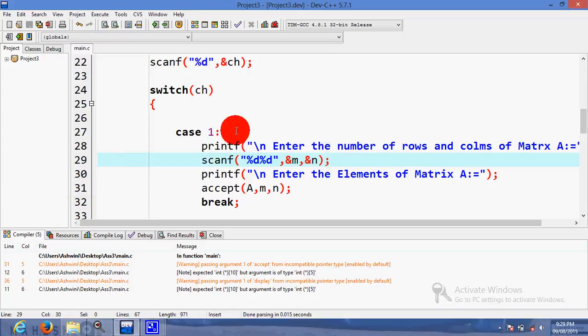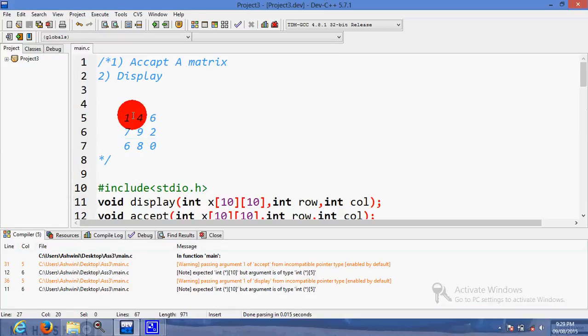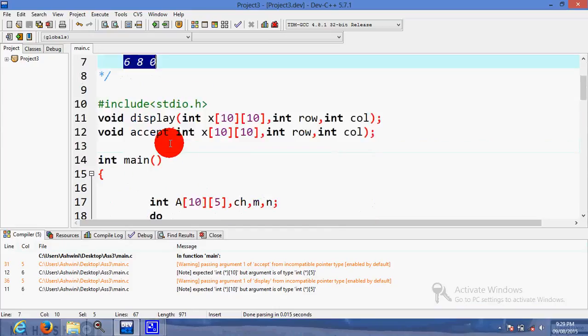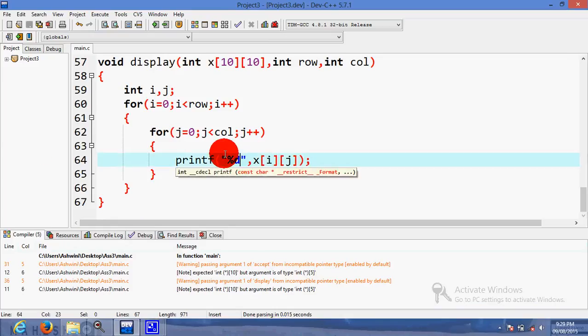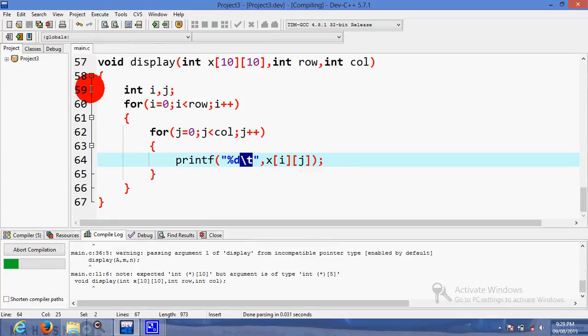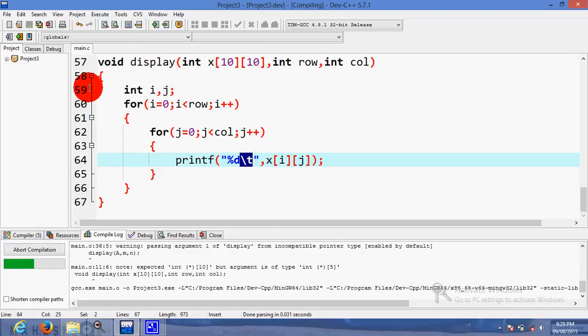So matrix is in this way, first row, second row, third row, means according to the number of rows we have to display the elements. So between every element we require this space, so we will give this /t. So again if I run, see how it will display your matrix.